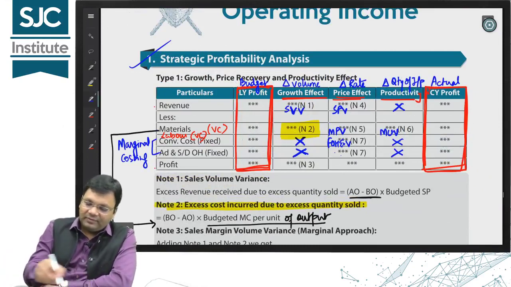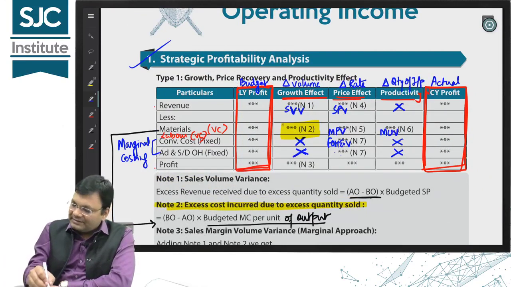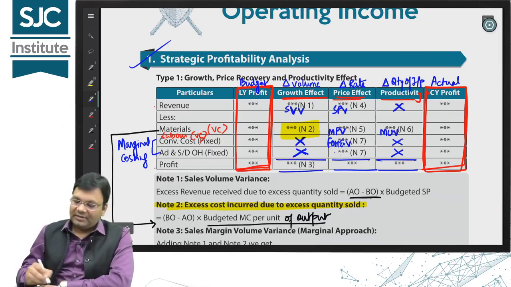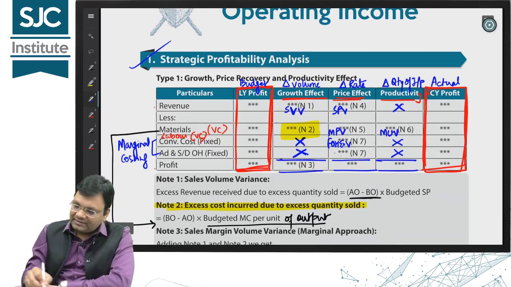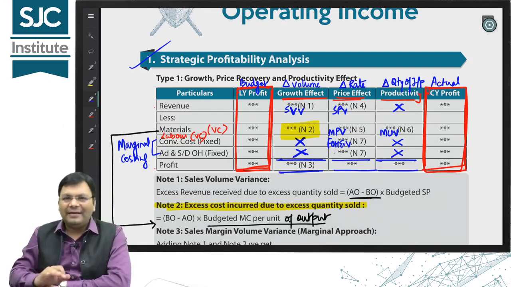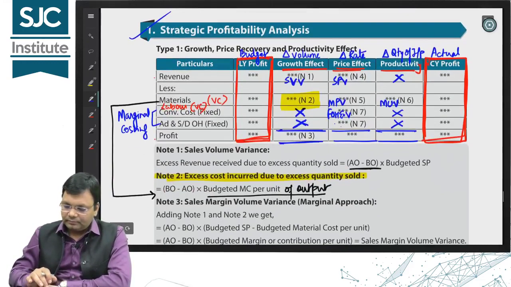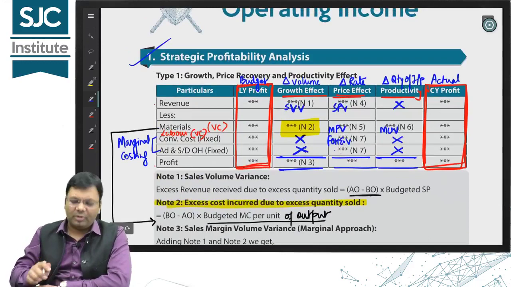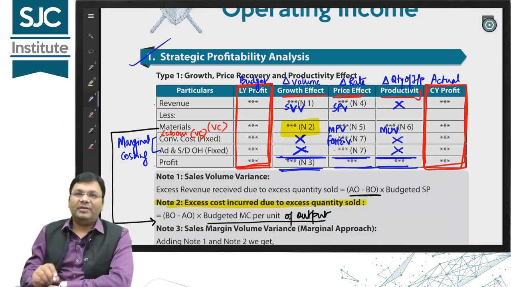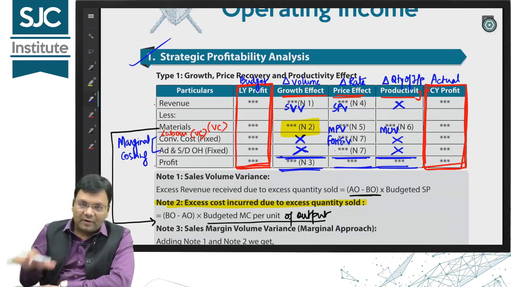So once you find out the figures inside this matrix, you can add them up to get the total. There is some note 3 written in this growth effect total, which you will understand when you do standard costing. Right now I am not referring to it. It is not so important to understand right now, we only need this total.